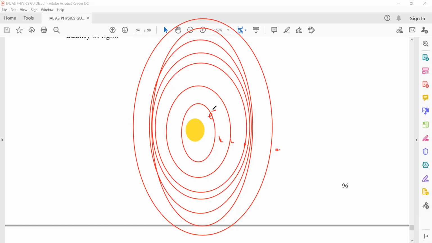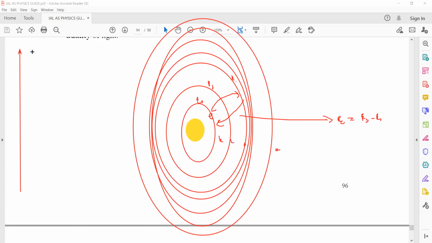If I supply energy, the electron moves to a higher shell. When it returns back, it will give energy, but what energy it releases depends on the difference of energy levels. Like this energy is E1, E2 and E3. So if it jumps from E3 to E1, the energy released will be equal to E3 minus E1. And when we represent this in a figure, an energy diagram,